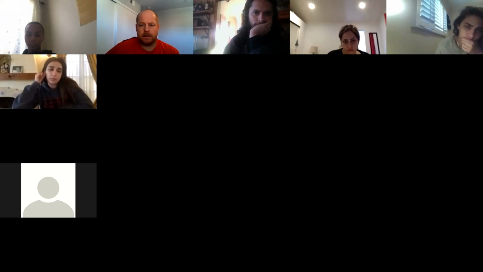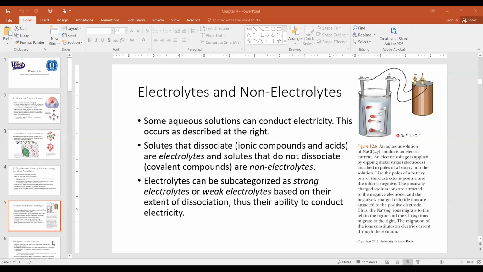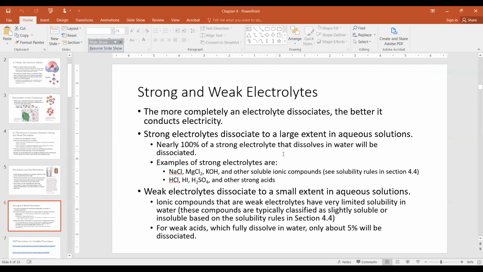All right. Back to it. Okay, so we're in strong and weak electrolytes. When those electrolytes conduct electricity, the ions are moving back and forth, facilitating the charge transfer, the electron movement. When you think about strong electrolytes,